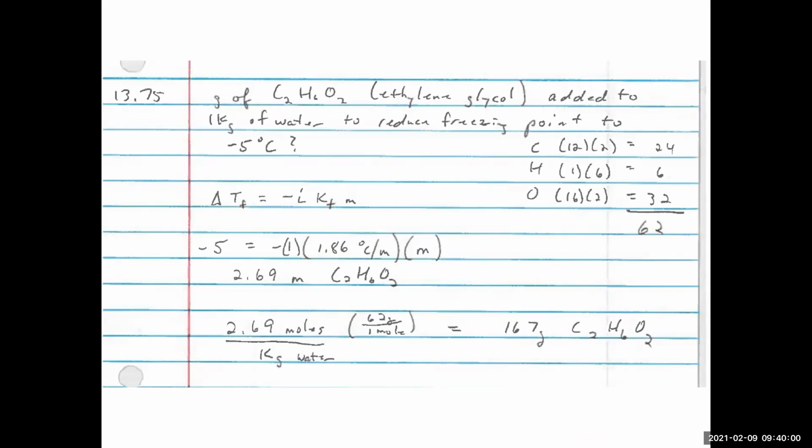So in 13.7.5, we're told we add some ethylene glycol to 1 kilogram of water to reduce the freezing point to minus 5 degrees. How much did we add? So